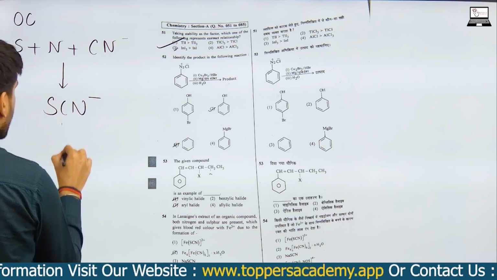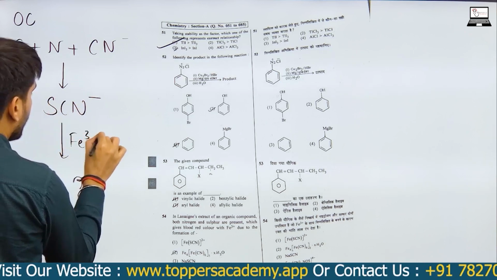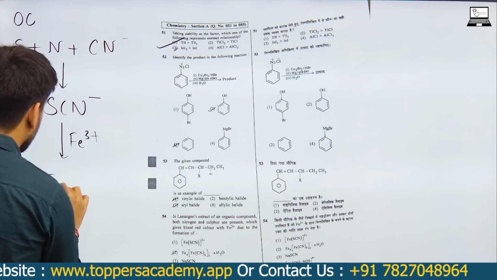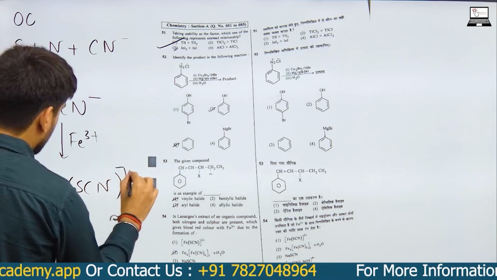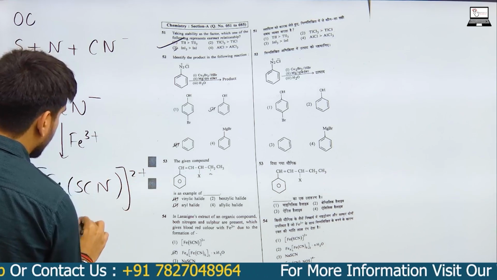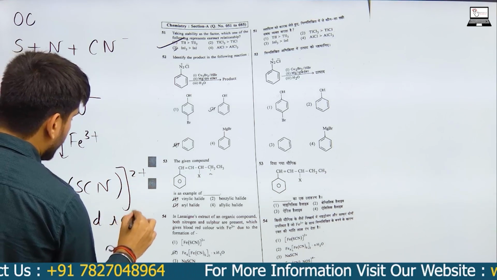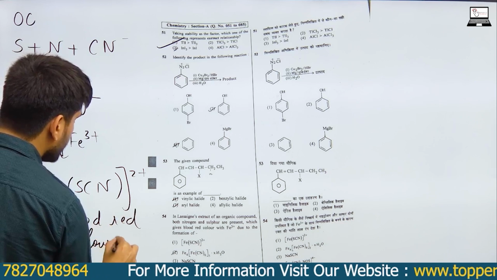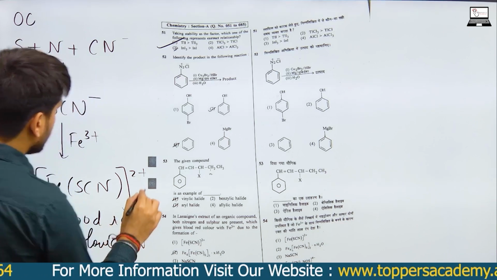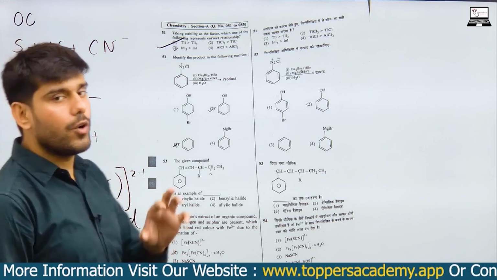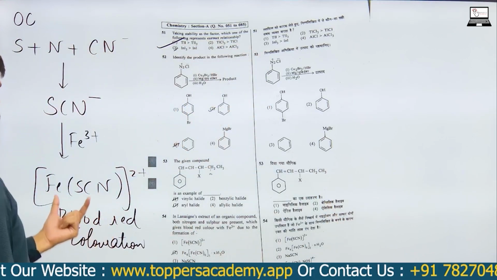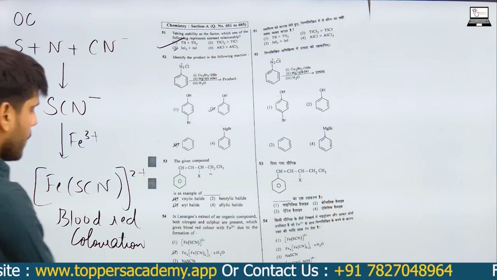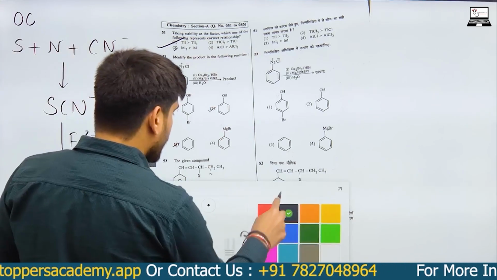Now when this reacts with Fe3+ ions, what do you get? We get something of this sort, and this shows blood red coloration. So blood red coloration is an indication that in an organic compound, both sulfur and nitrogen are present. So the blood red coloration is because of this compound. So if we see the next question,